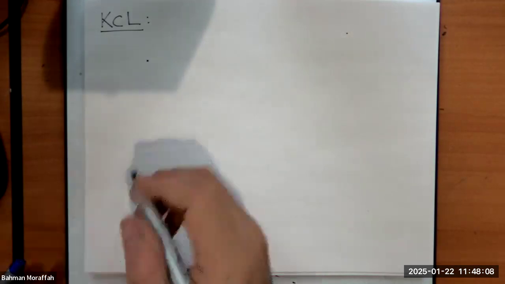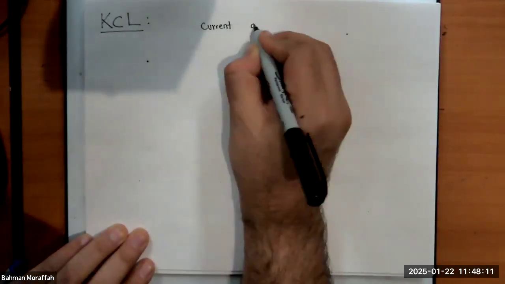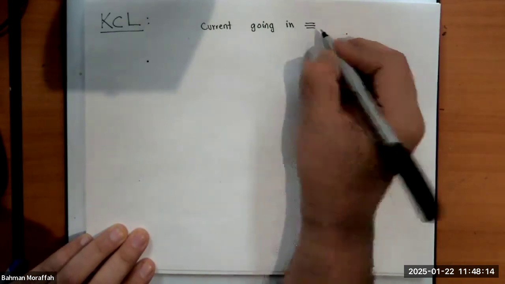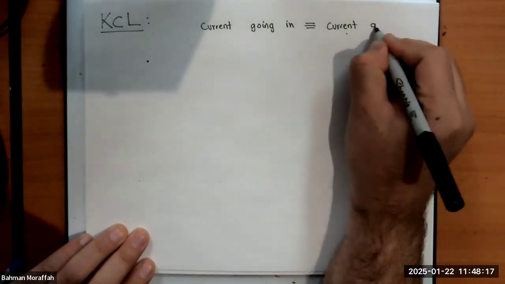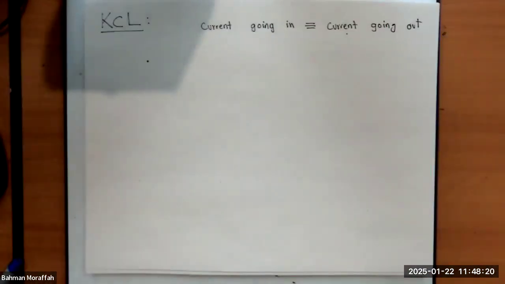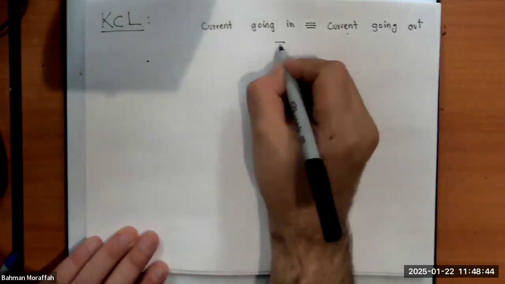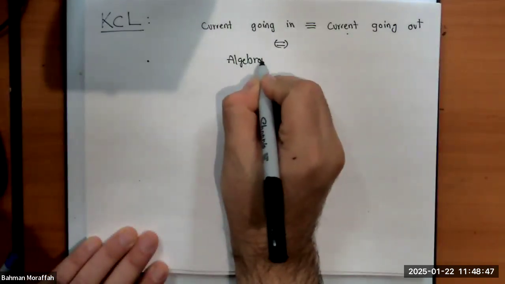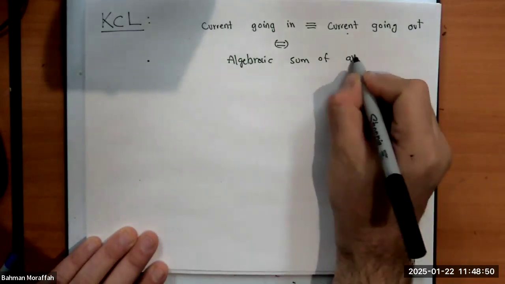Okay? So current going in is the same as current going out. In other words, I can assign some sign to my current and say the algebraic sum of my currents should be 0. What it basically means is that I take one of these to the other side, right? So this is equivalent to saying the algebraic sum of all currents